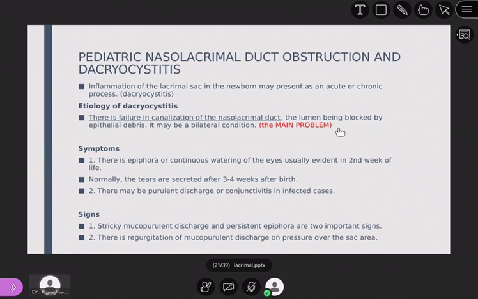So the main problem here is the nasolacrimal duct obstruction. If you remember the valve of Hasner, which I mentioned, at the end of the nasolacrimal duct, it will not be patent in children. In some of the infants,